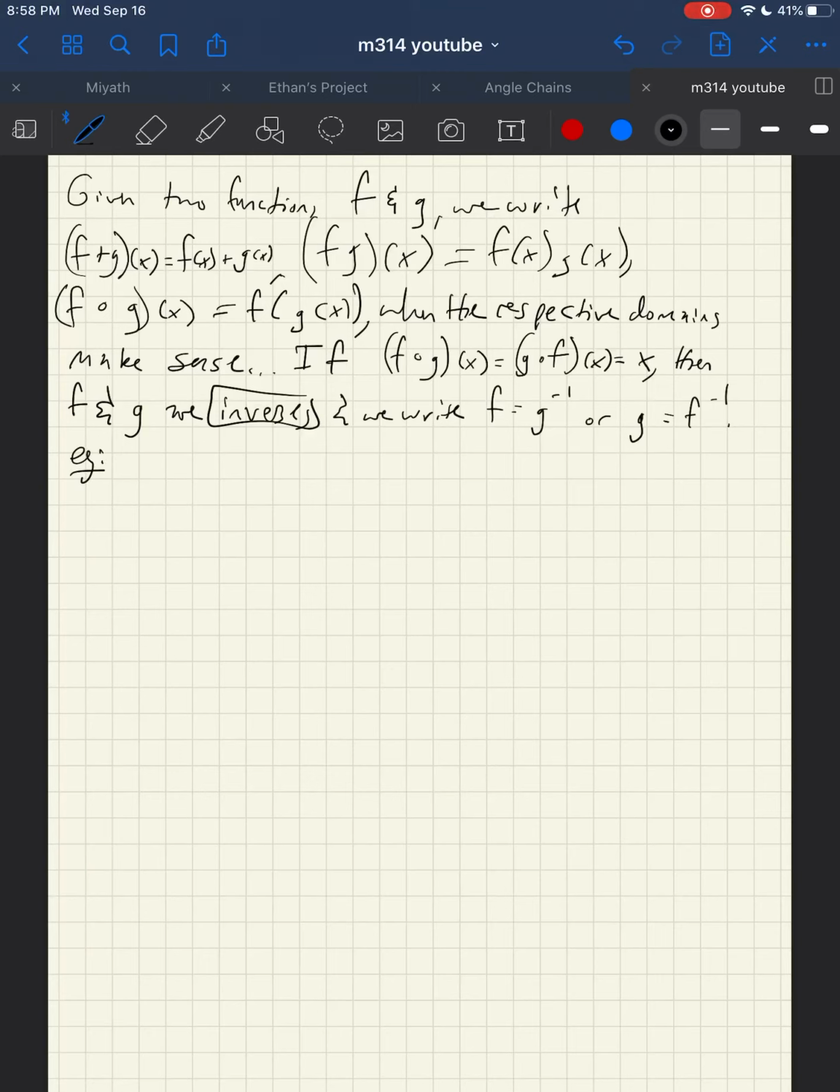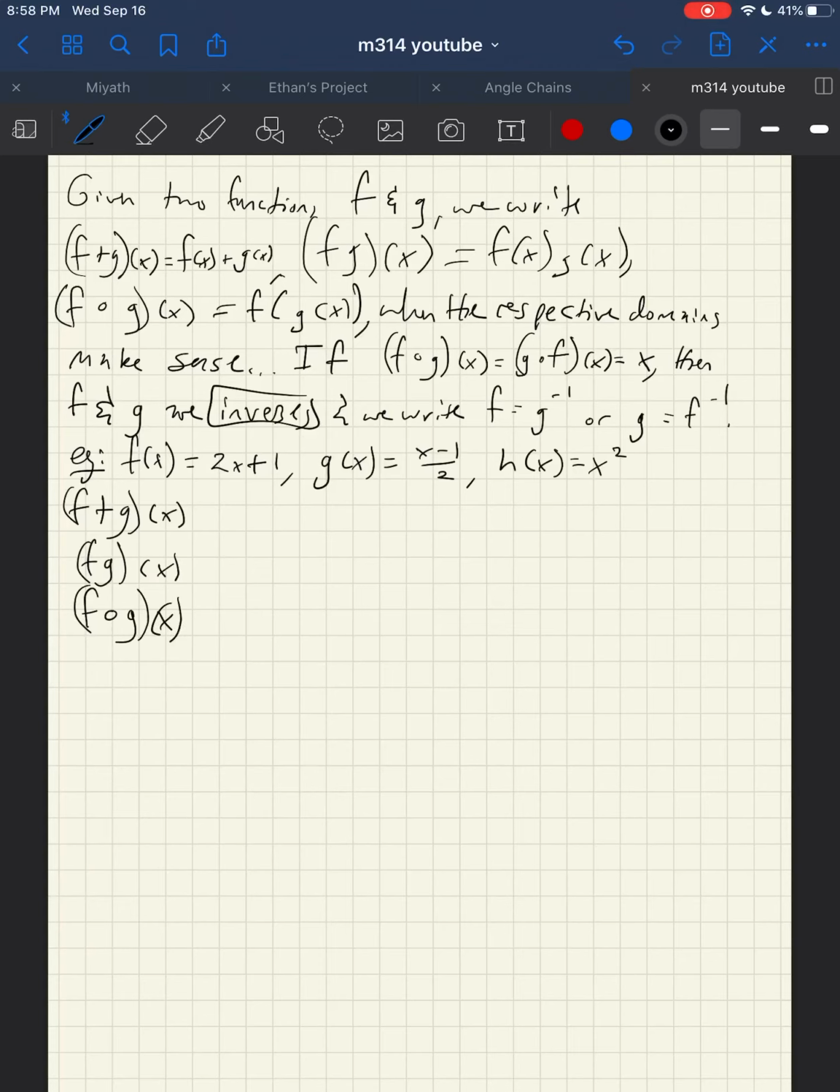Let's do f of x equals 2x plus 1, g of x equals x minus 1 over 2. Let's do h of x equals x squared. Let's compute a few different things here. Let's compute f plus g of x, fg of x, f composed with g of x, g composed with f of x. Let's do f